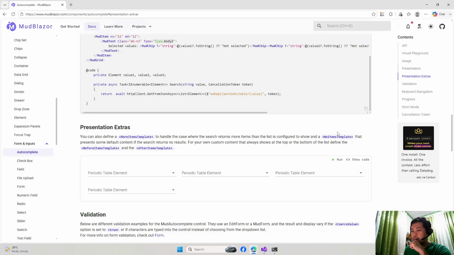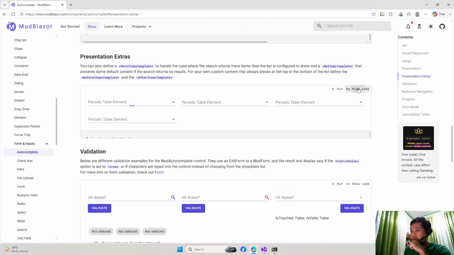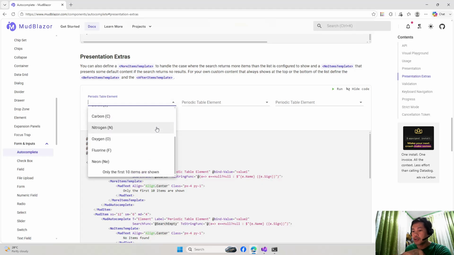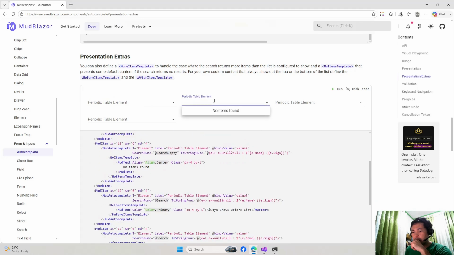Okay. So some other stuff here. This one shows you, let's look at the code again. The first example shows you more items template, which means that, for example, it's limited to a number of items, and then it indicates that there are more items. I mean, it only indicates that the first number of items are shown. Okay. Then the other example would be this one, no items template. So it allows you to again specify or customize the look when there are no items. So in this case, you can use whatever MudBlazor components within the no items